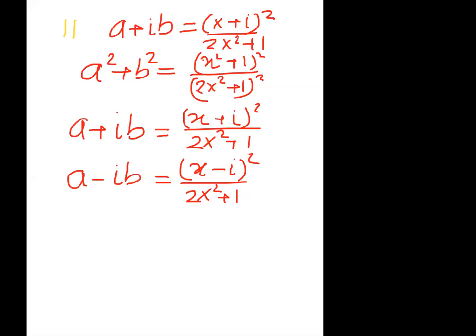Okay, let us go. We are multiplying these two things. So it will become a plus ib. Excuse me, sir. Yes, beta. Sir, have you not changed the sign of 2x square plus 1? Beta, I have told you in the imaginary part only we will change. In the denominator, no imaginary number is there. It is 2x square plus 1. If i is there, then only we need to change the sign, beta. Diya, yes? Yes, sir. That only I think you are making a mistake. Okay, let me solve for others.